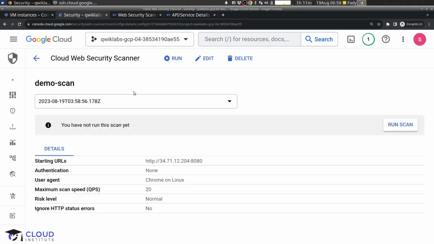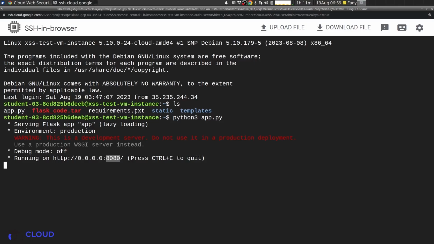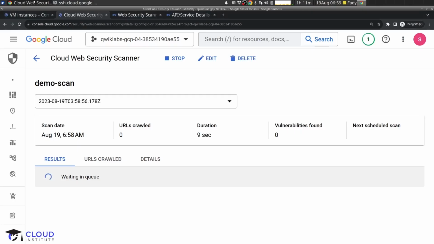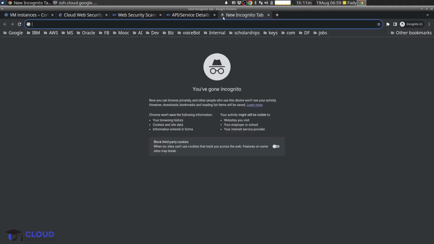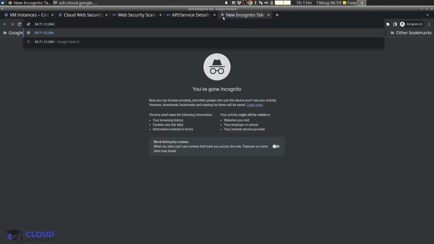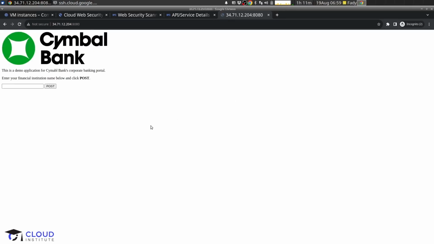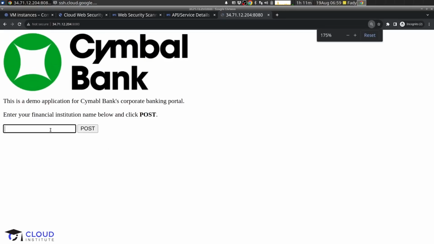Okay, so the scan is starting. Our application is working on port 8080. I will also show the cross-site scripting issue in our application. I will go to its IP and add the port 8080. This is a very small demo app. I will write here in this box